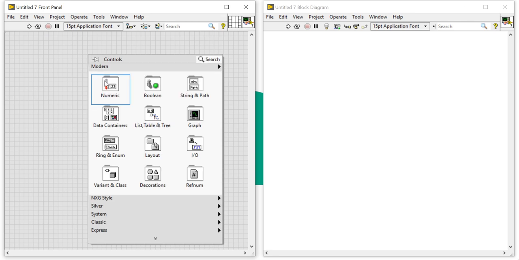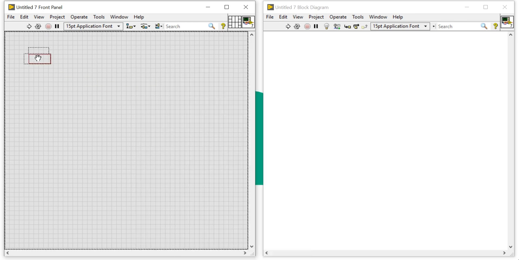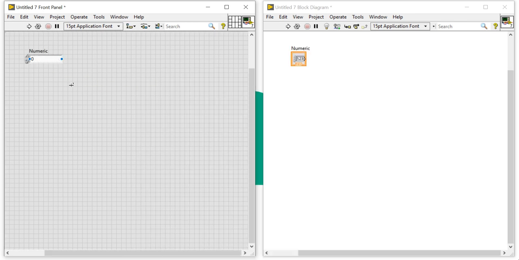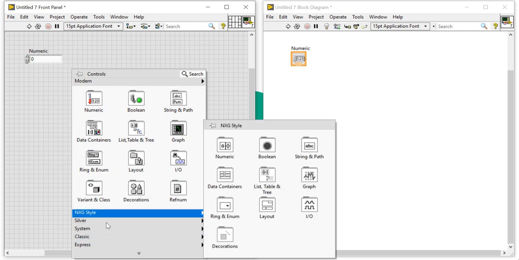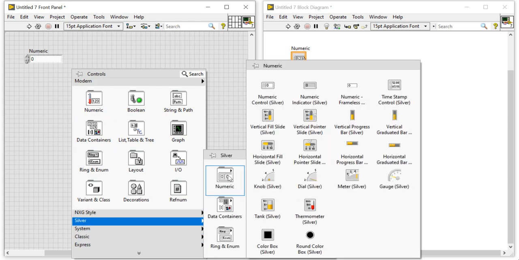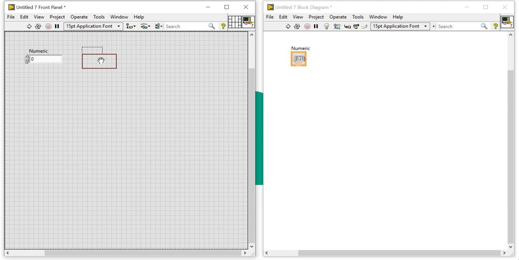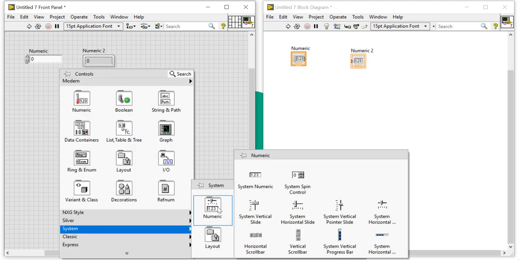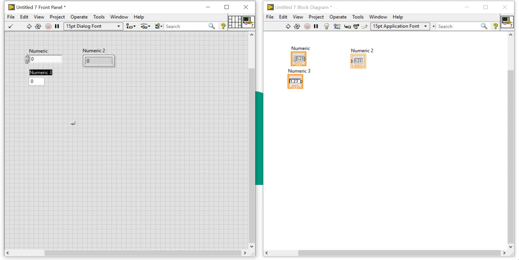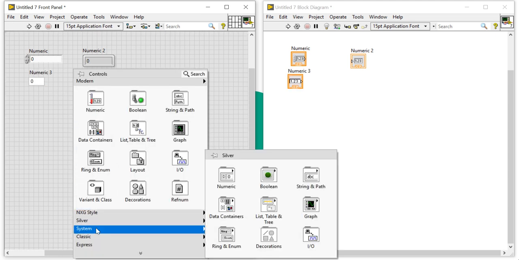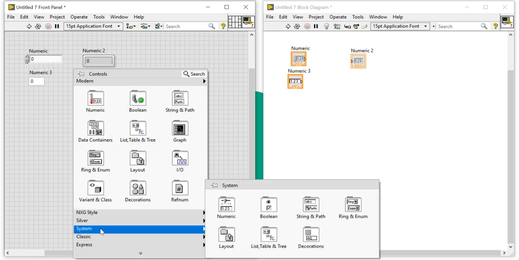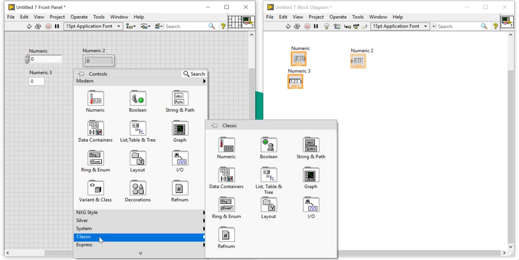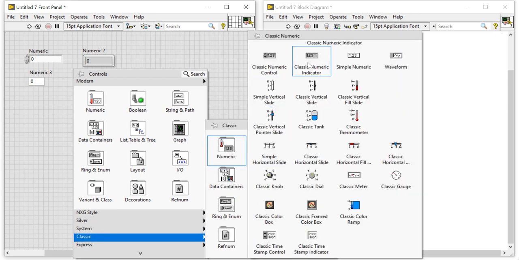So here I am taking a numeric control. Here I am taking a silver numeric indicator. Here I am taking the classic numeric control. Sorry, system numeric control and classic numeric indicator.